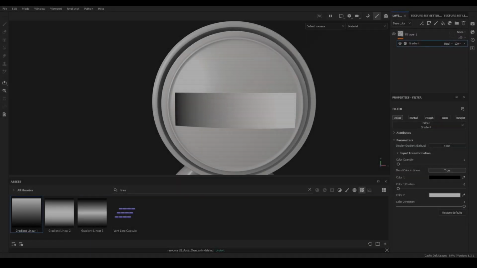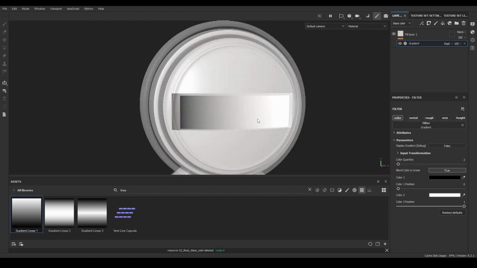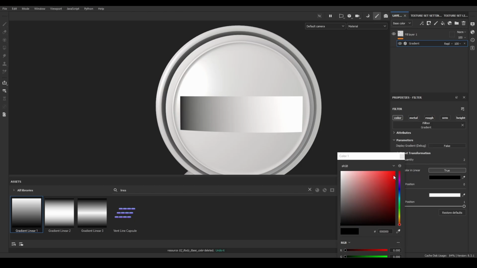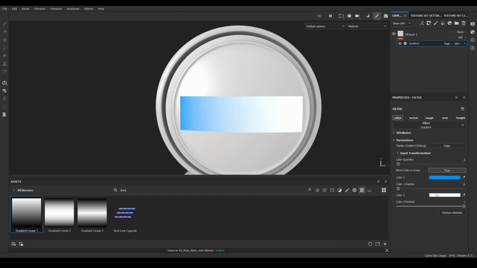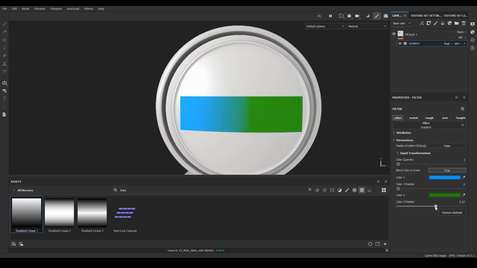The position sliders may be a bit confusing at first glance, but it's actually pretty simple. It works exactly as a histogram. I'll put a gradient texture on the model so it's a bit easier to visualize. Basically, 0 is complete black and 1 is complete white. Each color we selected must have a different position on the histogram, and the filter will define automatically the values in between, depending on the color quantity and their position.